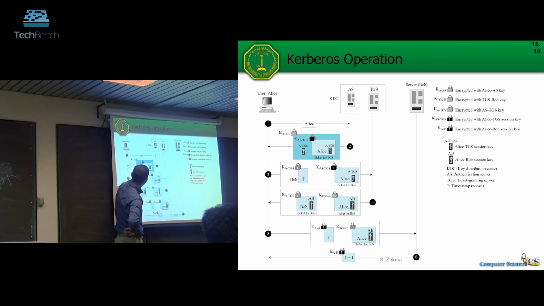So basically here we have a ticket for the TGS, and this is the secret key with the TGS. So it's an additional step. You need to get the key with the TGS, and then later on you will get the key with Bob. Okay. So now, if you have that key,